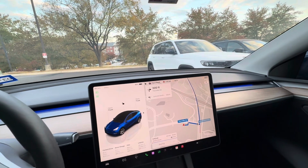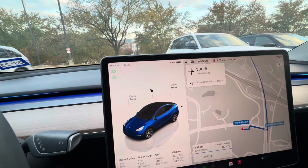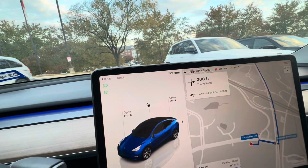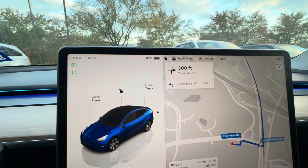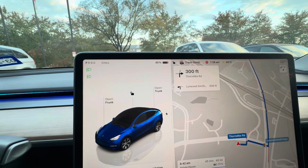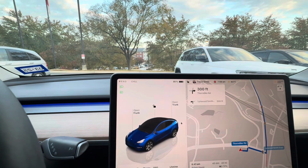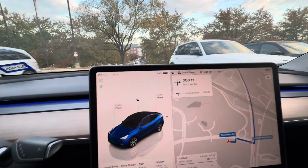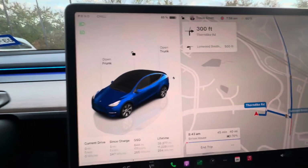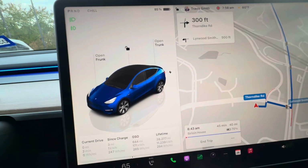Anyway, parked last night with about 90% on the battery. I did have Sentry mode shut off, and I am now sitting at 85%. I've got 40 miles to go this morning, and I should get there with about 70%, and then I have to head to the Greensboro airport to catch another flight. So I'll be doing about 85 miles round trip, roughly, and starting out here, current drive, of course, is 0,